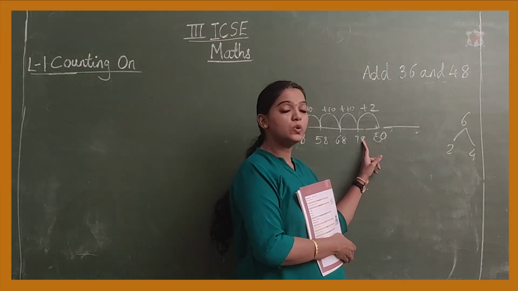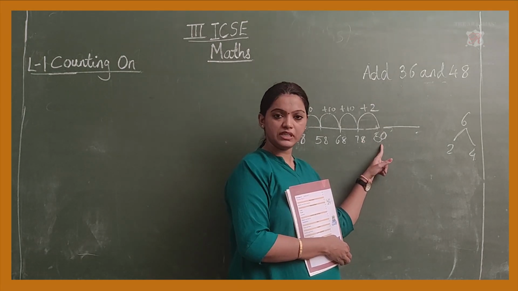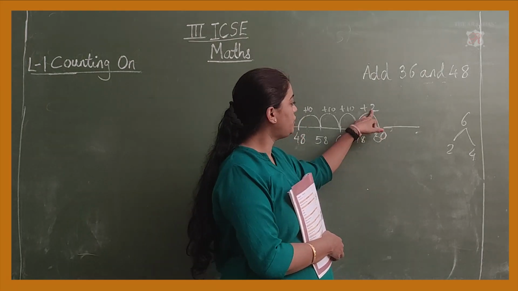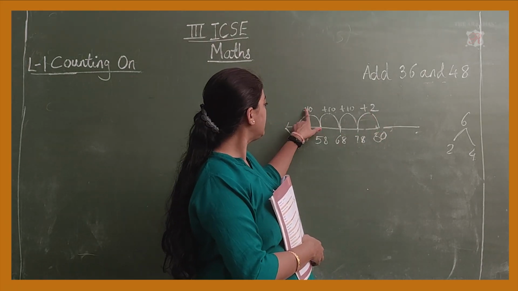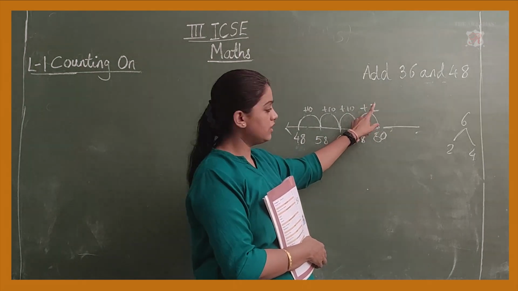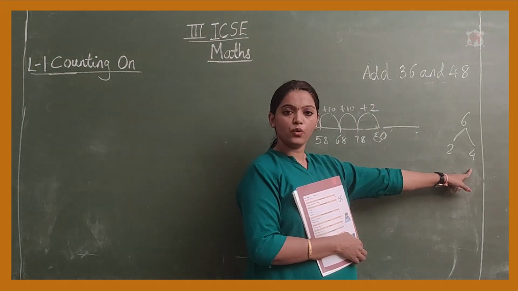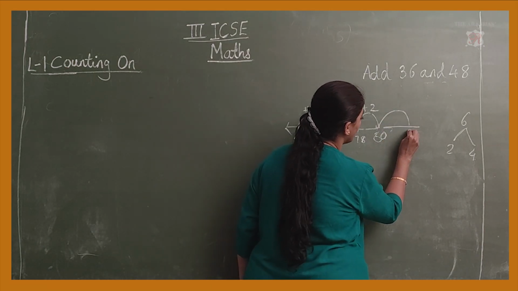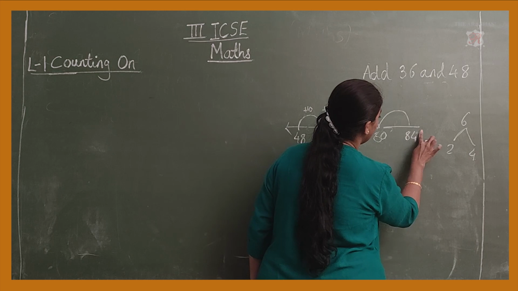You have added 2 to 78 to make it to the nearest landmark number, that is your 80. Okay, so you have added 2 over here. First one was your 30. 10, 20, 30. 30 plus 2 you have added. Now you are left with number 4. You will again add that number 4 over here. 80 plus 4 is your answer, 84.